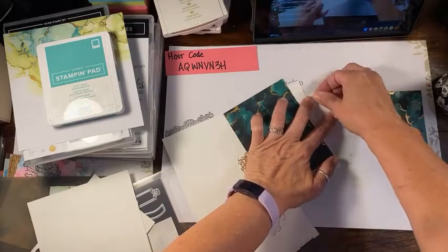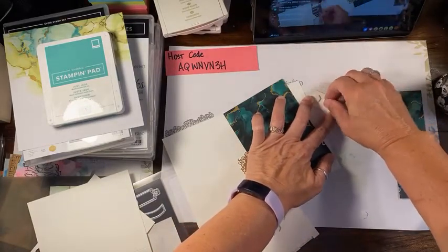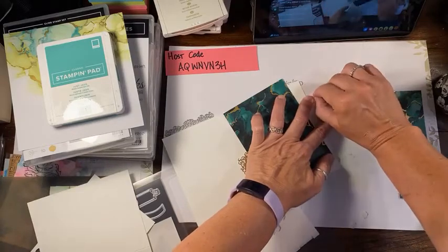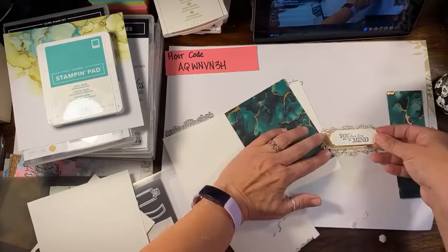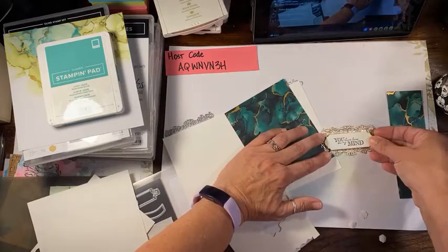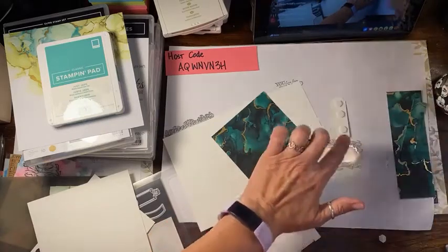Maybe this is a die set that you purchased, and I can tell you I haven't used this in quite some time, entirely too long, probably. Put this just here. It lines up almost exactly. If you're worried about lining it up or getting it lined up a little bit, another thing you can do